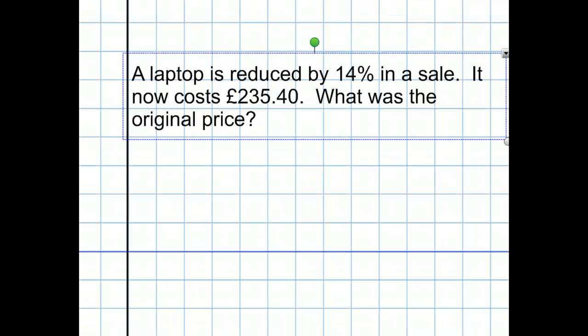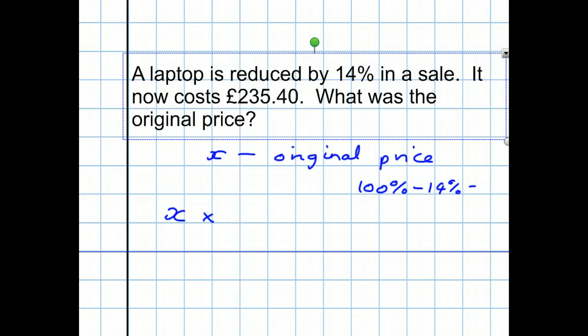Right, look at one more of these. A laptop is reduced by 40% in the sale and now costs £235.40. What was the original price? I like algebra, so we'll let X be the original price. Original means before any changes. So X times, well, what was the multiplier? Originally it was 100% of it, and then we took away 14% to give 86%, which as a decimal is 0.86. So X times 0.86 equals our new amount,